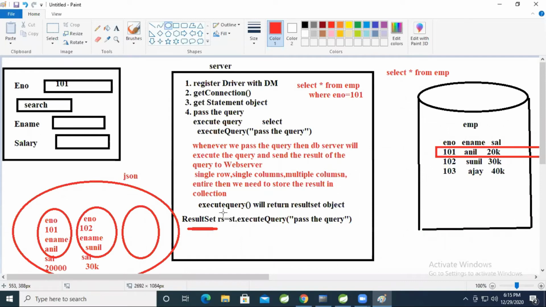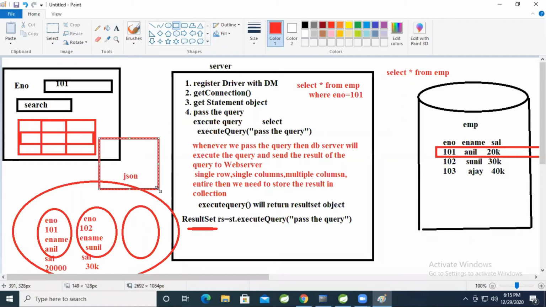But what is the problem in olden applications, like advanced Java? Your browser will communicate with the server, and now I have to read the data from this result set and display it in the browser. Let us assume I have one table in the browser. I want to display the data in the form of an HTML table. Now the problem is the browser must go to the server every time to fetch single values.